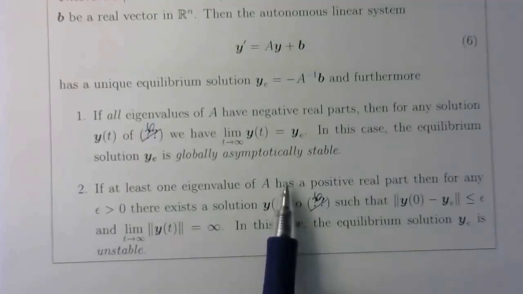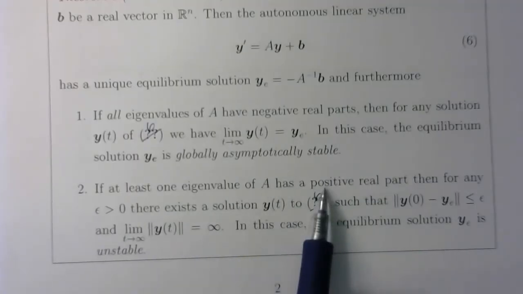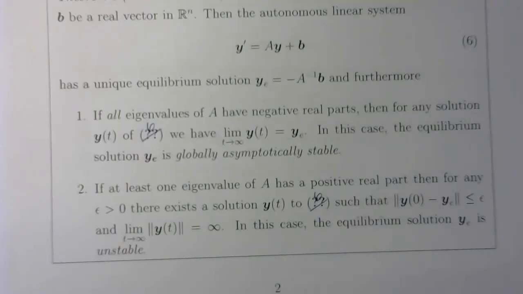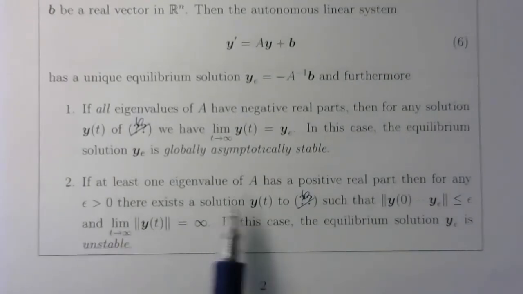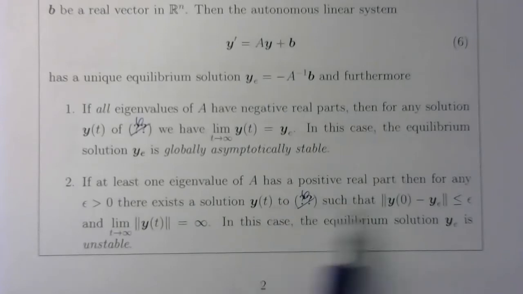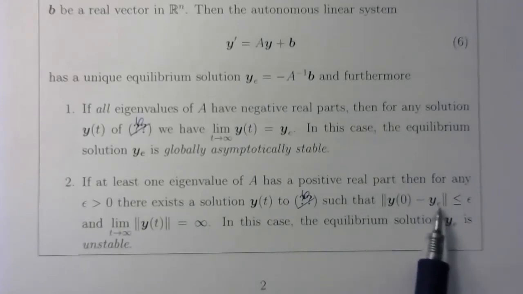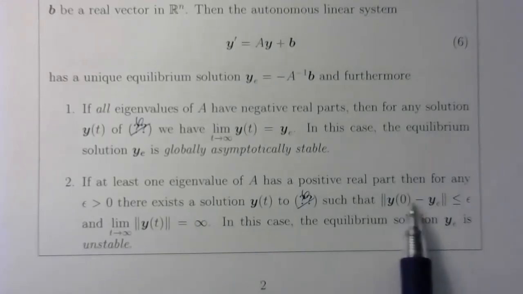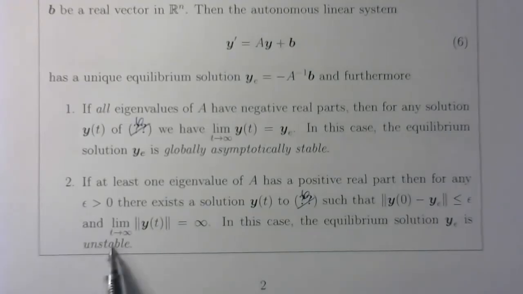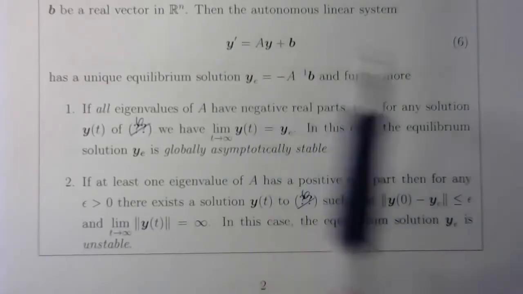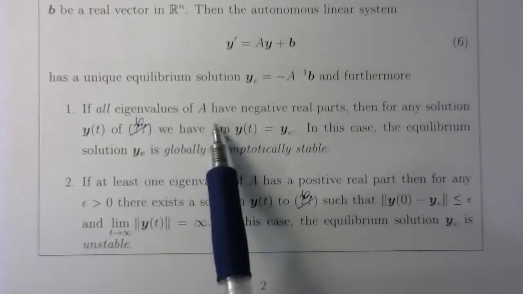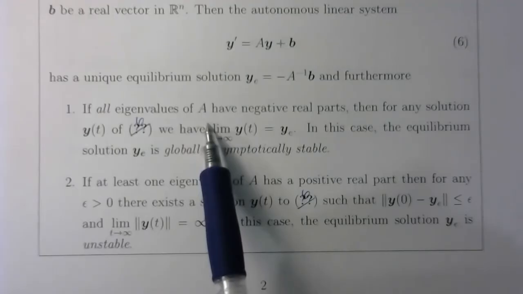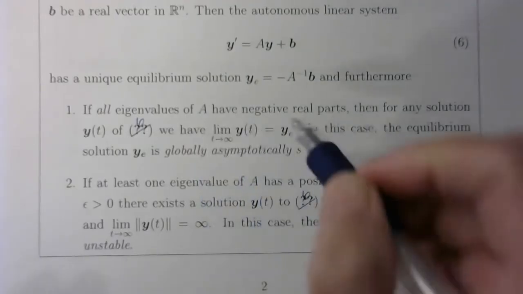If you have at least one eigenvalue that has a positive real part, then for any epsilon greater than 0, you would have some solution that starts less than epsilon from the equilibrium, but goes to infinity as t goes to infinity. So this is unstable. The condition that we need to check for this linear system of equations is to look at the eigenvalues of A, right? If they have a negative real part,